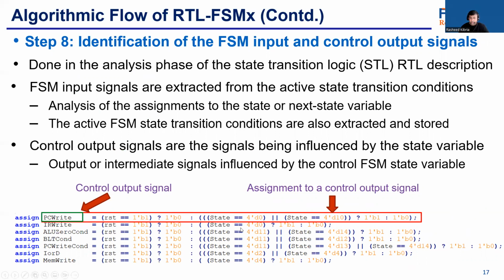The control output signals generated from the FSM are the signals which are influenced by the state variable. The output or intermediate signals influenced by the control FSM state variable. One example is shown here. We see the control output signal, and we also see an assignment to this control output signal. In this way, all the FSM inputs, outputs, and other important parameters, that is the exhaustive FSM extraction report, is